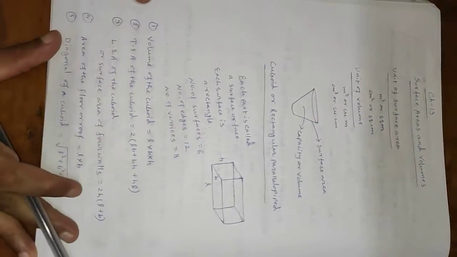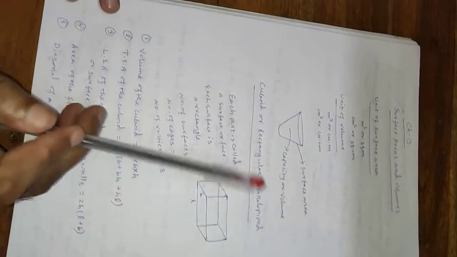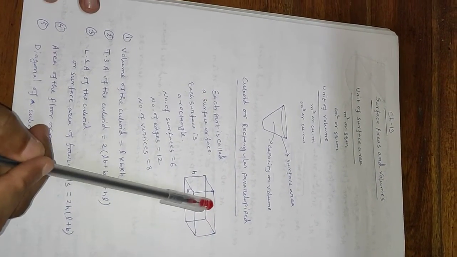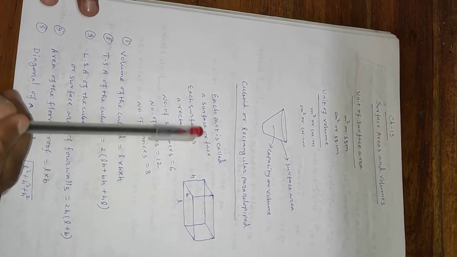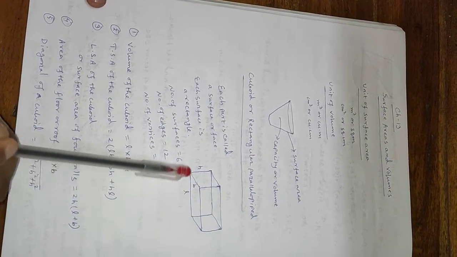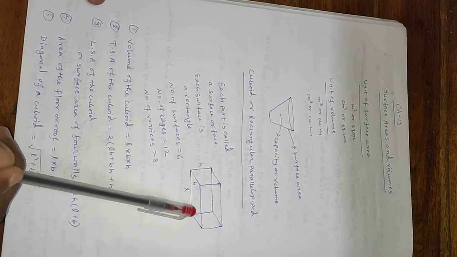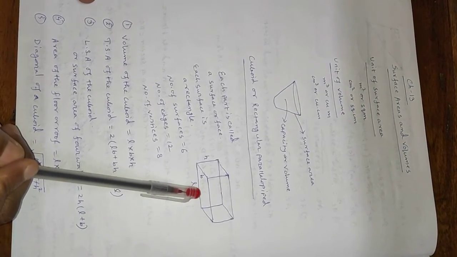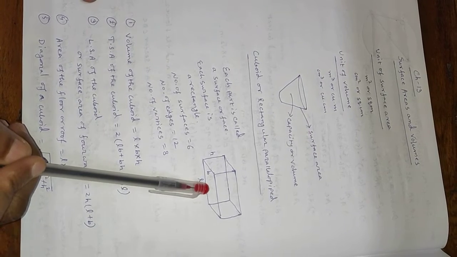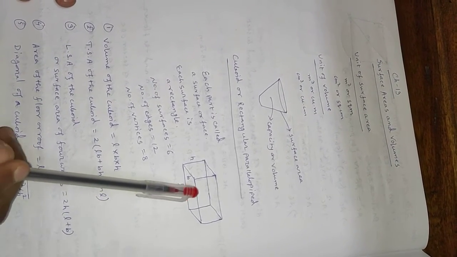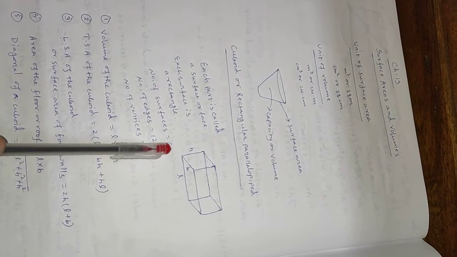Now the first figure which we will talk about is the cuboid. The other name is rectangular parallelepiped. For a cuboid, the structure is like this, where each part is called a surface, or face. Each surface will be a rectangle, that is, it is made by rectangles only. Number of surfaces: 6, like one room you can consider. In one room there will be 4 walls, 1 floor and 1 roof, total 6 surfaces. So the same thing in this cuboid also, we have 6 surfaces.